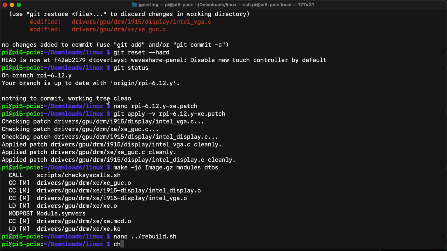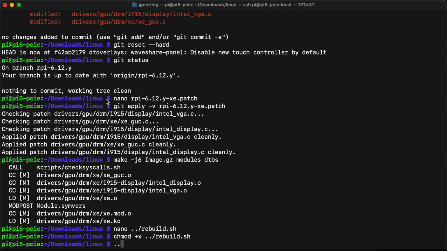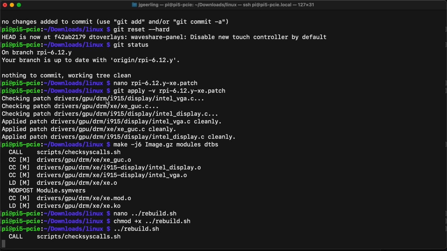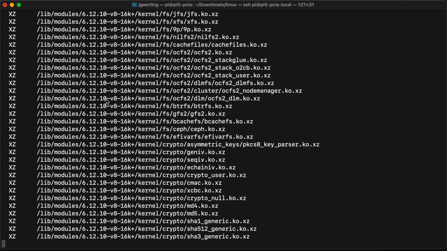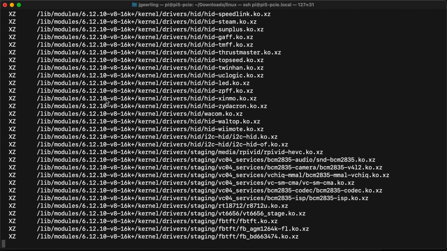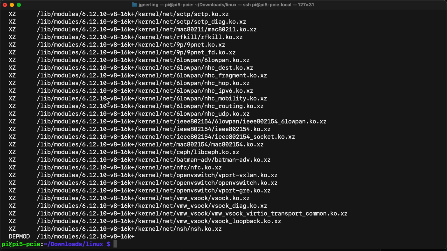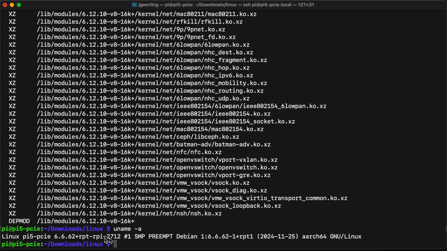website. But now I use chmod to make my rebuild.sh script executable. When I execute it, you'll see it does that rebuild, although it doesn't have to rebuild anything at this point. And then it does the module install, and finally it zips up everything and copies it into place. Once all that's finished, you can see right now I'm running the Linux kernel that comes with the Raspberry Pi. Today it's 6.6.62. It might be something else when you're watching this, but all I need to do at this